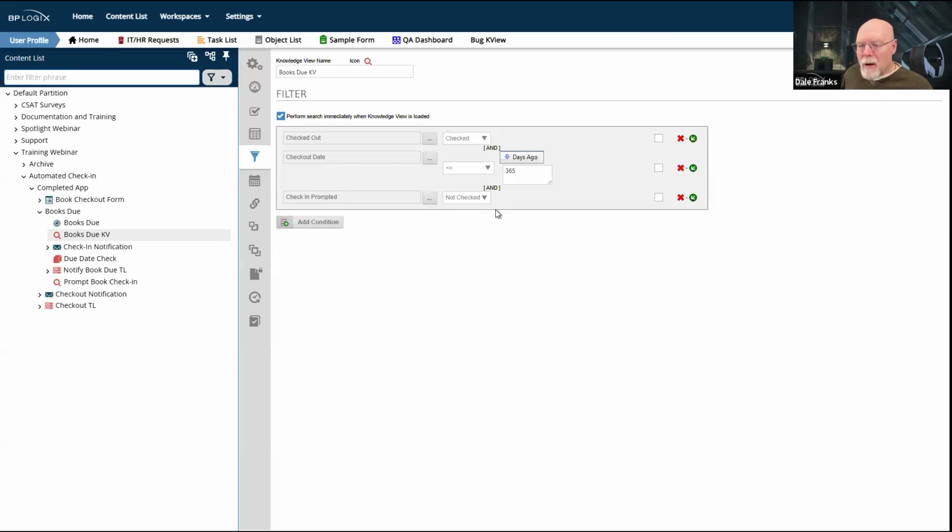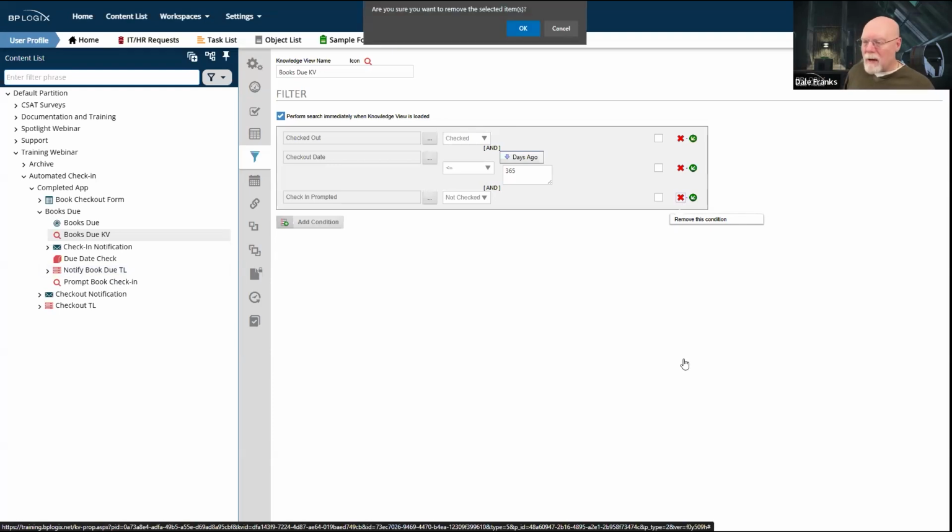So if I'm going to create my goal, as I am, to determine whether I have books that are due or not, then I really don't want to have these filters exactly match the Notify Book Due timeline.